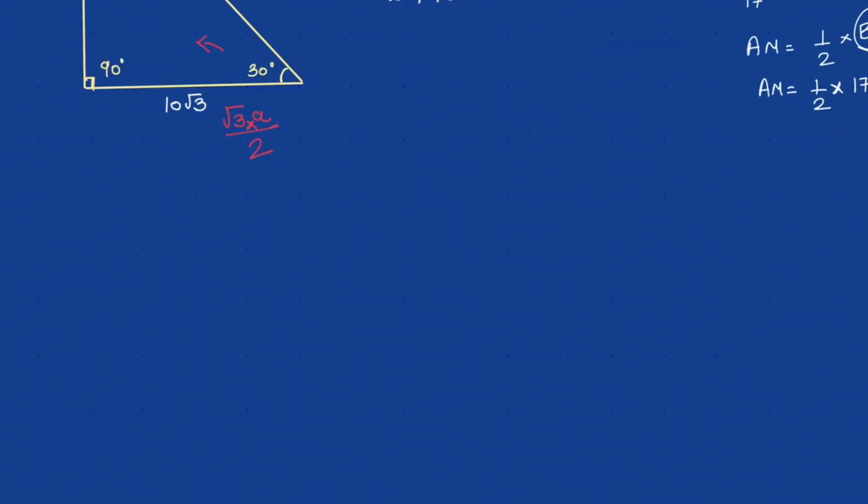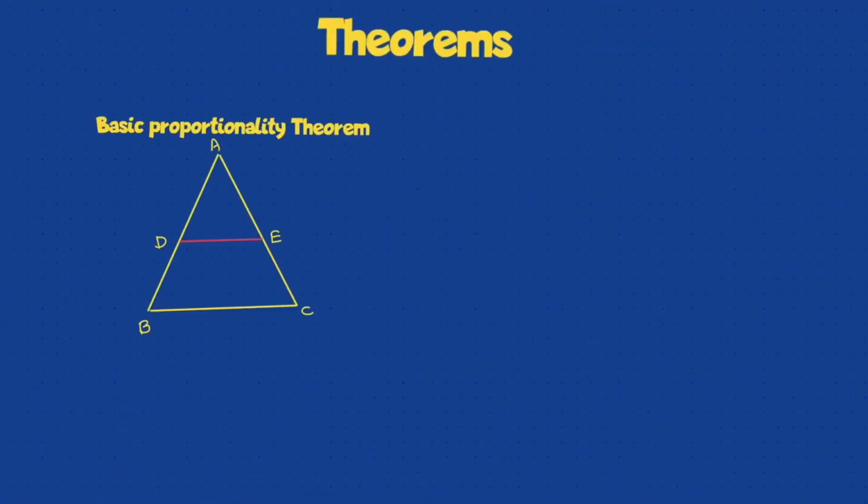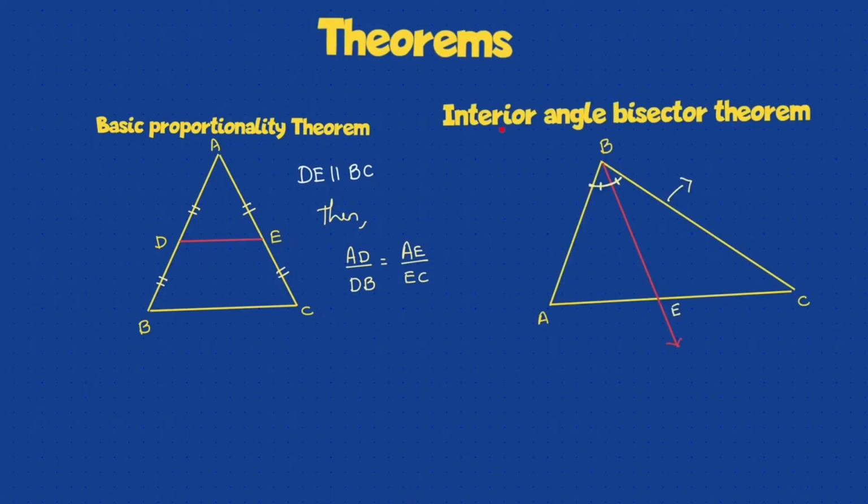So after studying the types of triangles, let's move on to study certain theorems of triangles. First we start with BPT, basic proportionality theorem. Now line DE is parallel to line BC in triangle ABC. Then what can you say? Then you can say that AD upon DB will be equal to AE upon EC. Okay, that is your basic proportionality theorem. How do you get the proof? By similarity. Proof is not required, but the result is. So remember BPT.